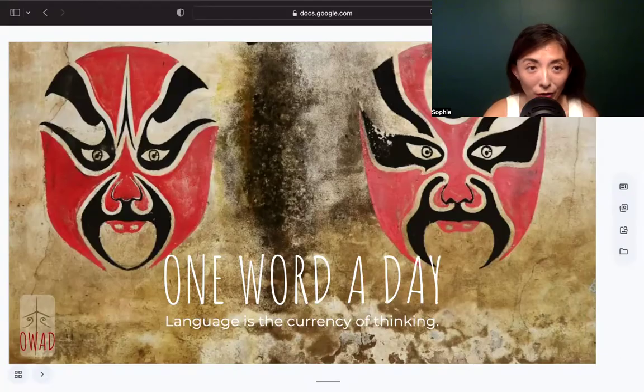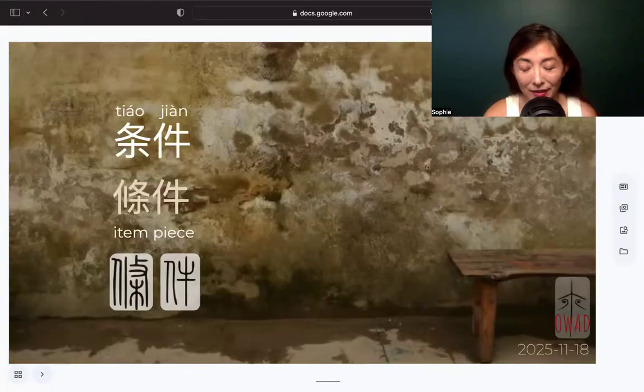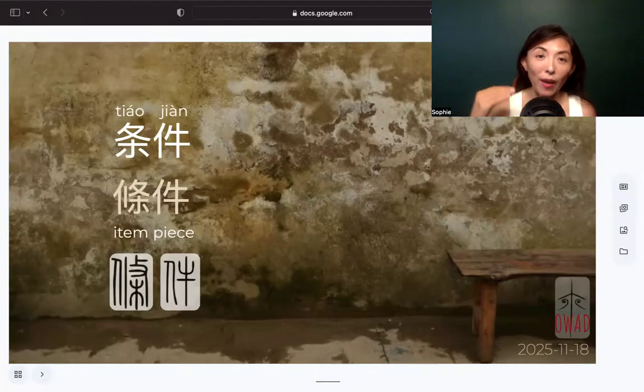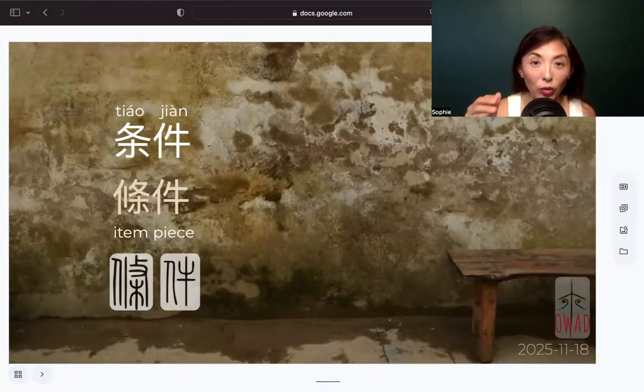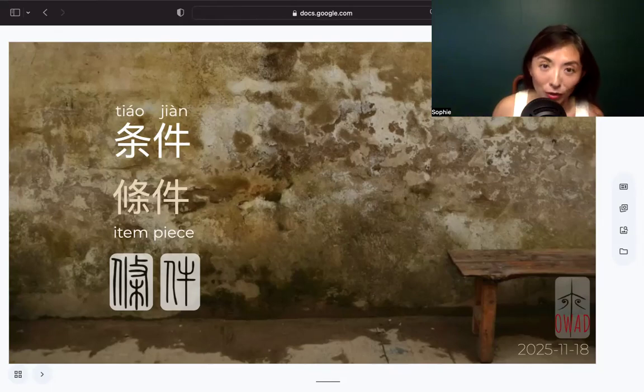And today we're going to talk about 条件. Again, this is Japanese scholars' translation from the Western concept. And probably this is from logic because it talks about condition. So condition is almost like, to fulfill some result, we need to find out what the conditions are. It's not necessarily cause and effect, but only after we fulfill some conditions, something else is going to happen.